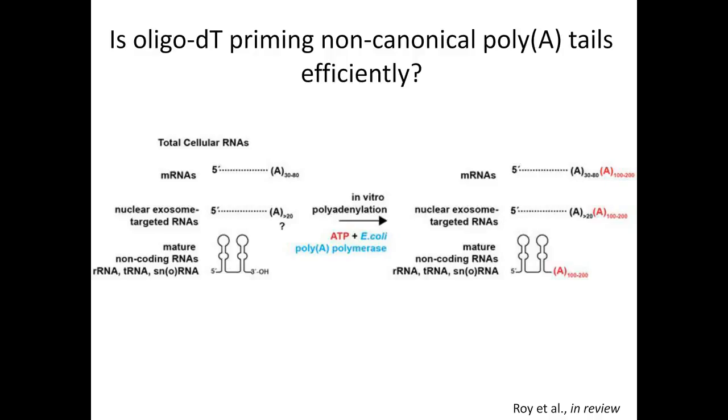Okay. Second part of that question is a bit of a follow-up. In these samples, were there a lot of repeated poly-A reads? So I think that question is perhaps asking if the